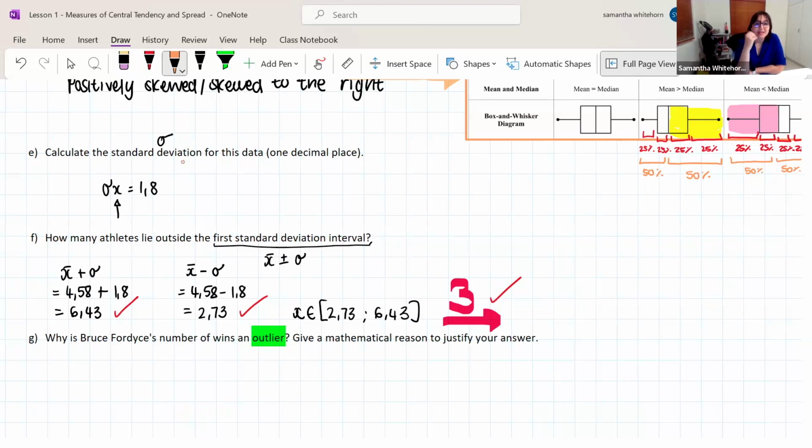Right, so very basically an outlier is a value that is different, vastly different to the rest of your data set. And it goes back to this idea of test marks. If everyone's getting 40s and 50s, but all of a sudden someone's getting 10%, they're an outlier. They are very different to the rest of the class in terms of their marks. And so we can mathematically determine outliers using